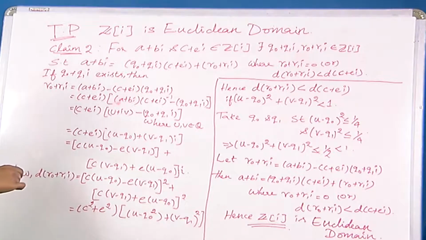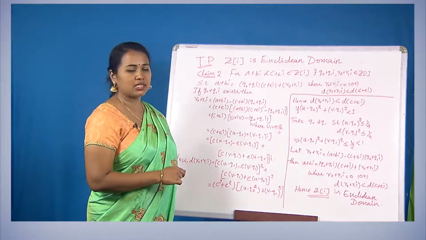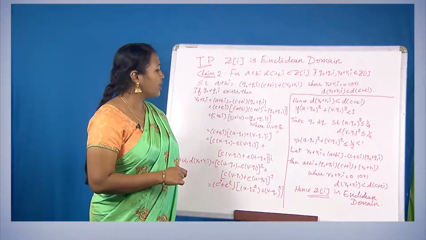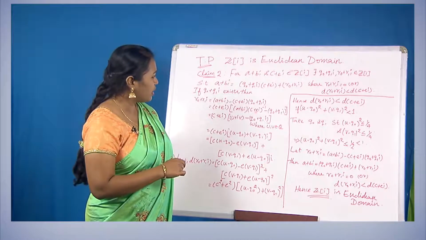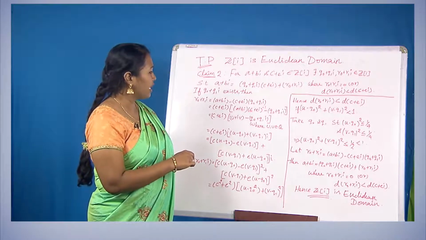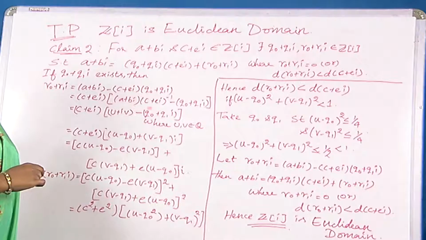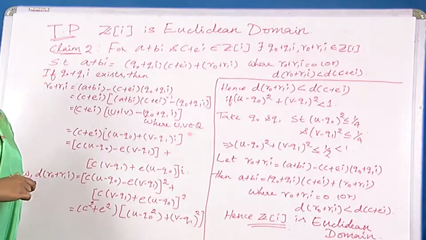And so, therefore, c plus ei is equal to a plus bi times c plus ei the whole inverse, minus q naught plus q1 I. Now, keeping c plus ei outside again, both these terms together can be written as u plus iv, where u and v belong to the set of rationals. Q is the rational set, and why do we say they belong to the rational set? Because we have spoken about an inverse term here, c plus ei the whole inverse. The behavior of these two terms together, we do not know for sure whether they are inside Z, but we know for sure that they are going to be inside the set of rationals.